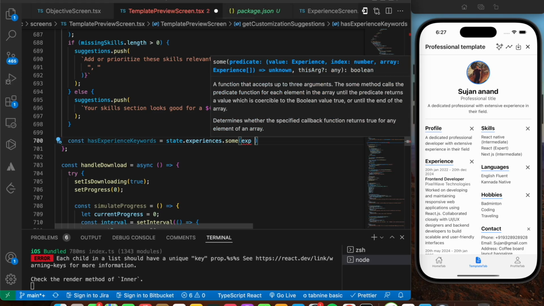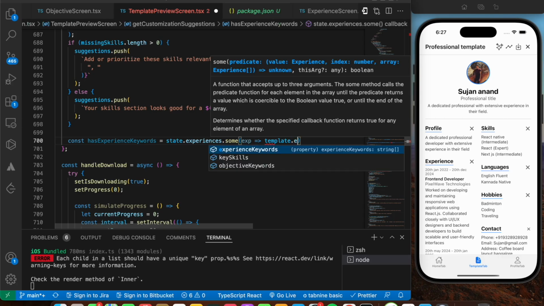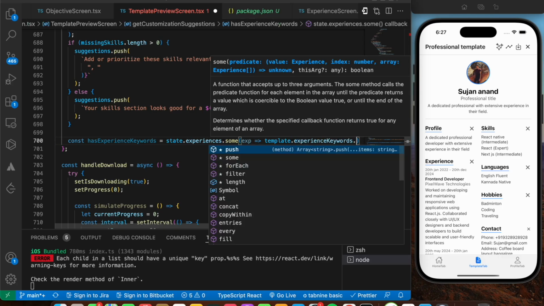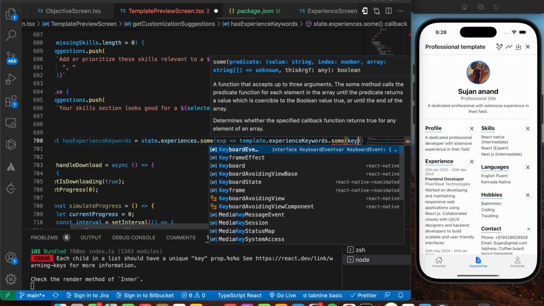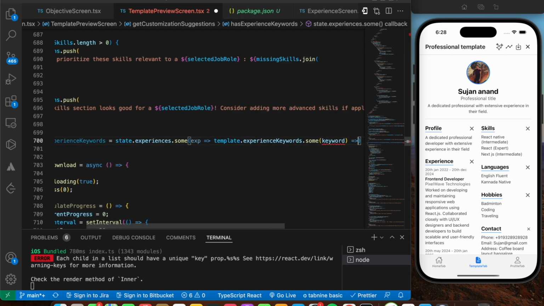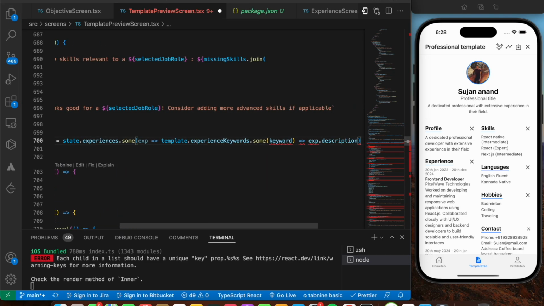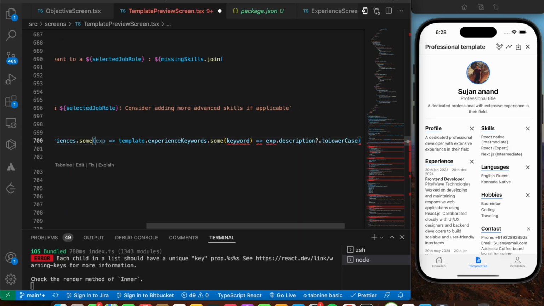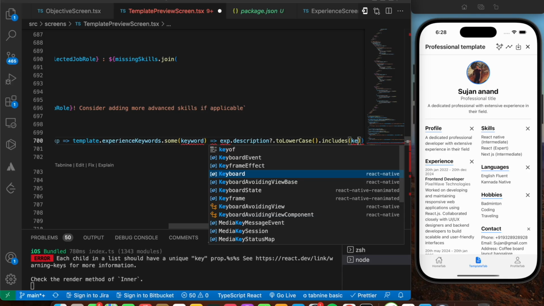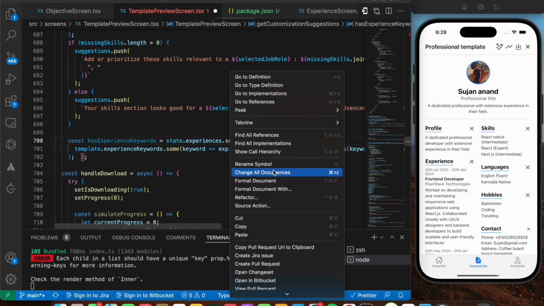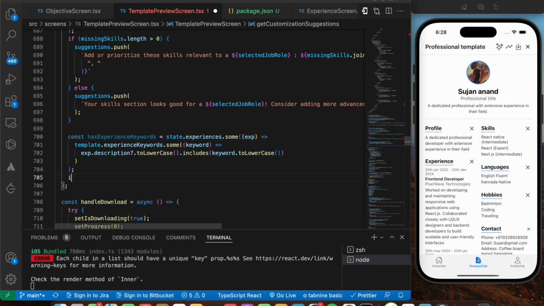So for every experience we're going to check if template.experienceKeywords, apply the some method for every keyword, if experience.description.toLowerCase() includes keyword.toLowerCase(). Okay, I think there is some bracket issue. Just make the change over here. So here we're going to say if not hasExperienceKeywords, then